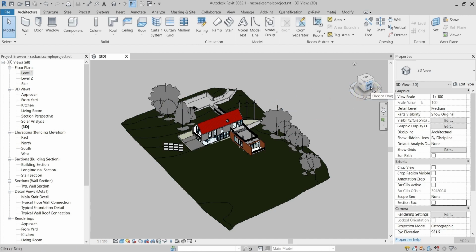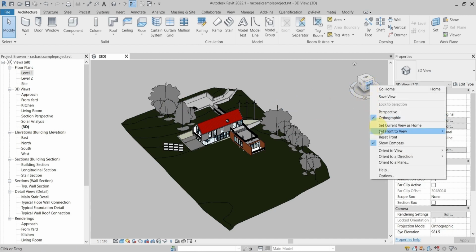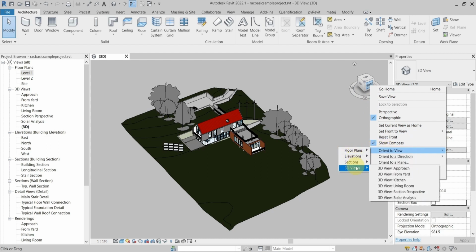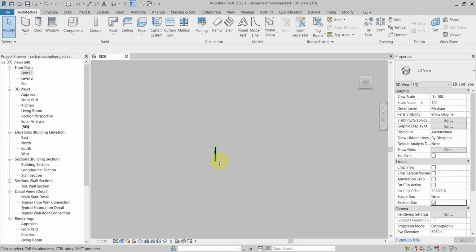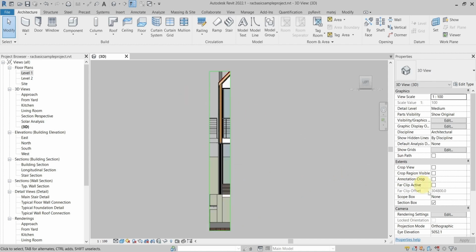So here if I go on my View Cube and I right click it, here I have Orient to View, and you see that I can choose from floor plans, elevations, sections or 3D views. So in our example, let's use this section, this typical wall section. And you can see that it adjusted my section box by the extents of